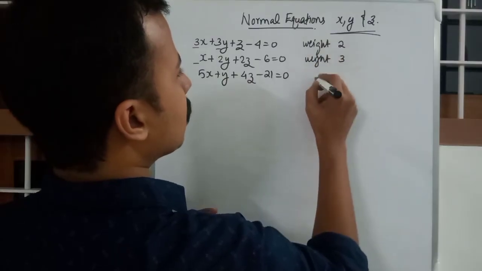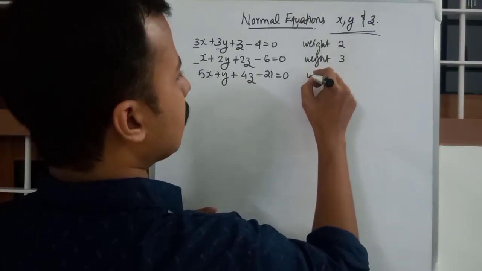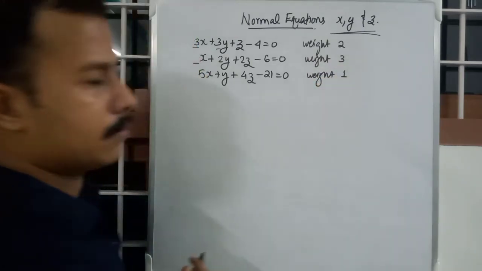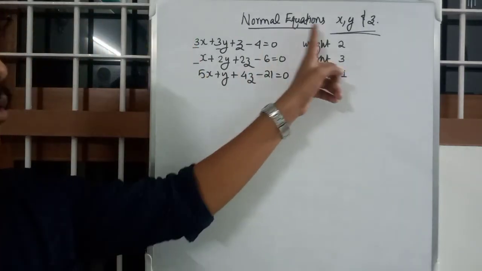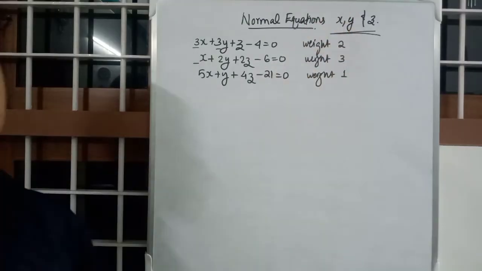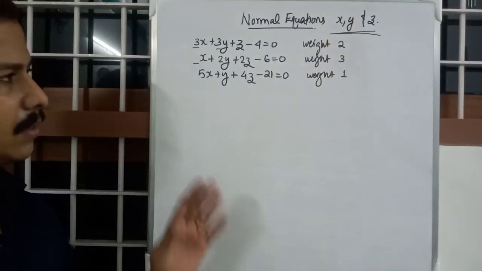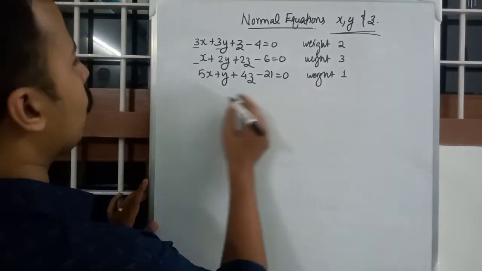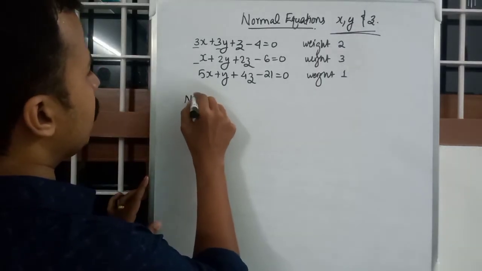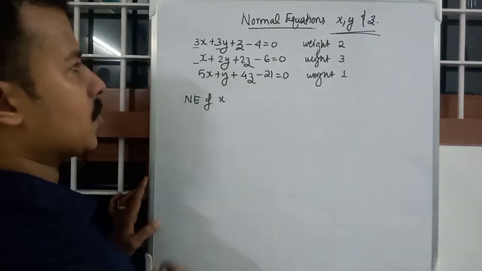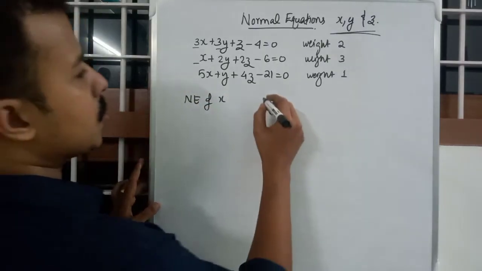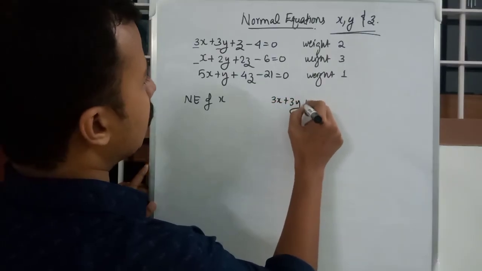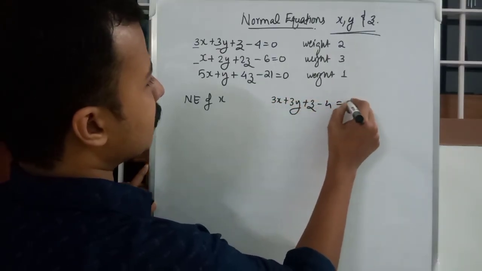Second equation with weight 3, and third one with weight 1. Now the same question: find the normal equations x, y, and z. This is also very simple, just a simple alteration to the old one. Normal equation of x. Okay, last time we did 3x plus 3y plus z minus 4 is equal